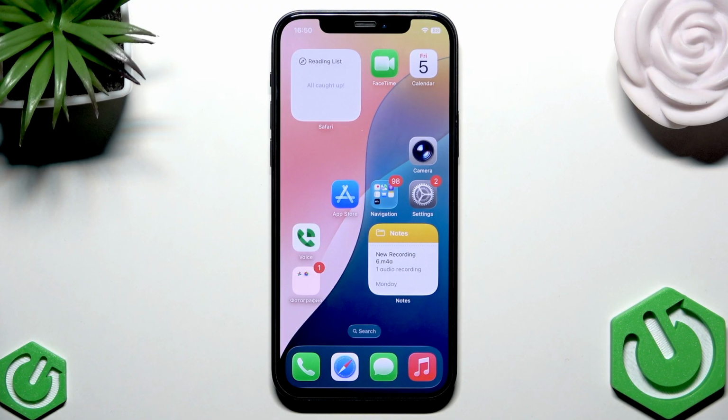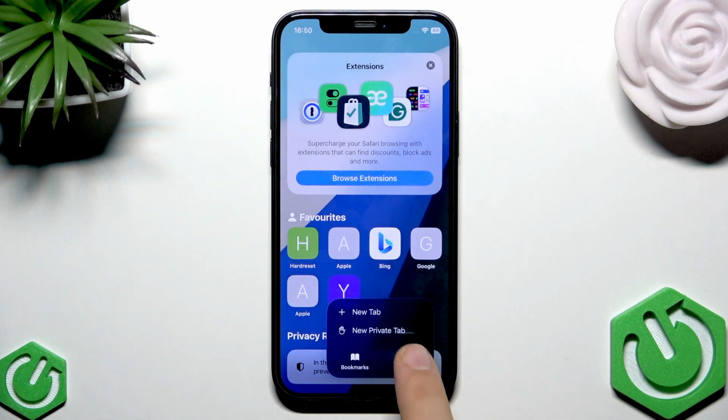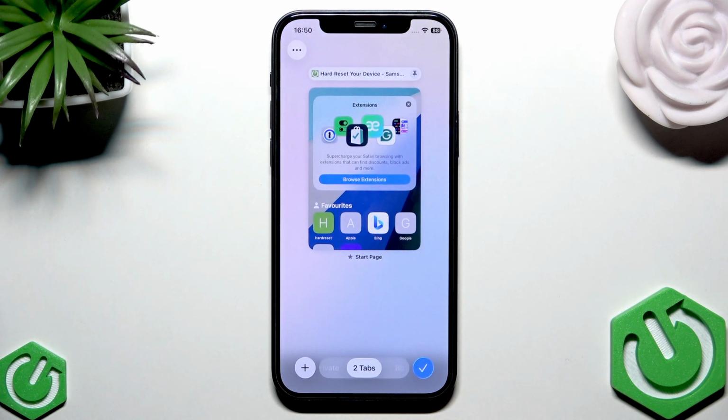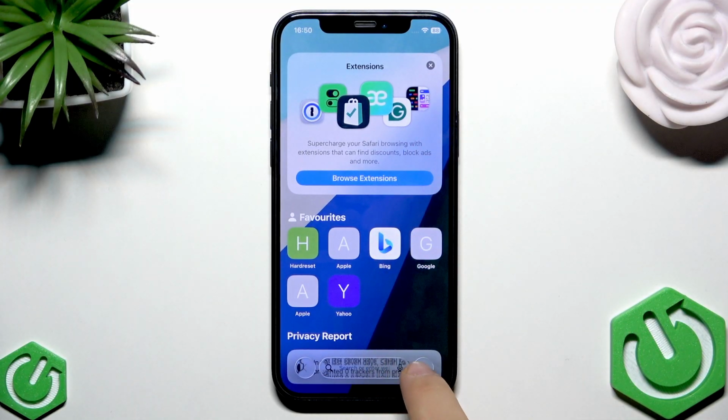The quick fix is at first to close the Safari tabs. So at first open Safari, tap these three dots, tap all tabs, and close all the tabs you have opened. And then,